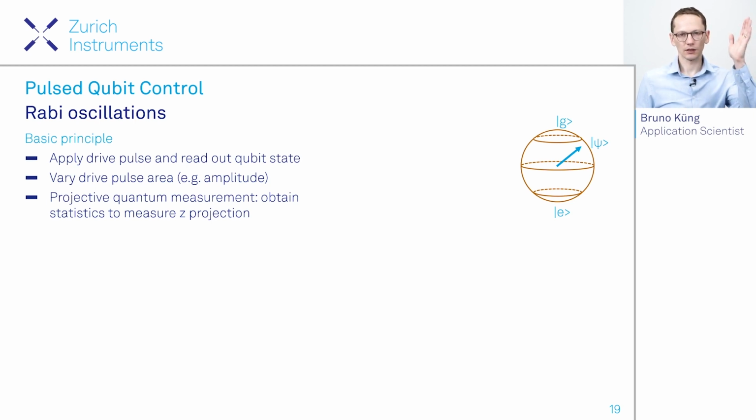So this would rotate us some angle on the Bloch sphere, and then we vary the amplitude of that pulse systematically, which would guide us through a rotation on the Bloch sphere. And the readout after this control pulse gives us a projection of the qubit state, a signal proportional to the projection of the qubit state onto the z-axis, and